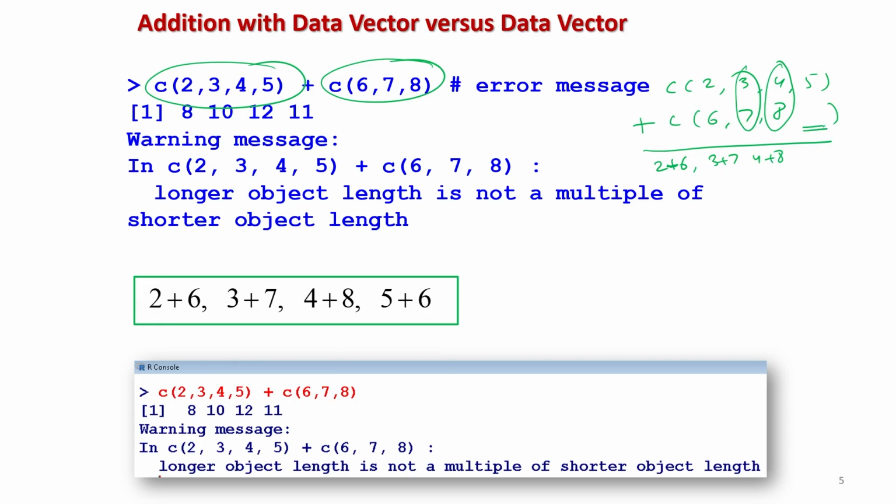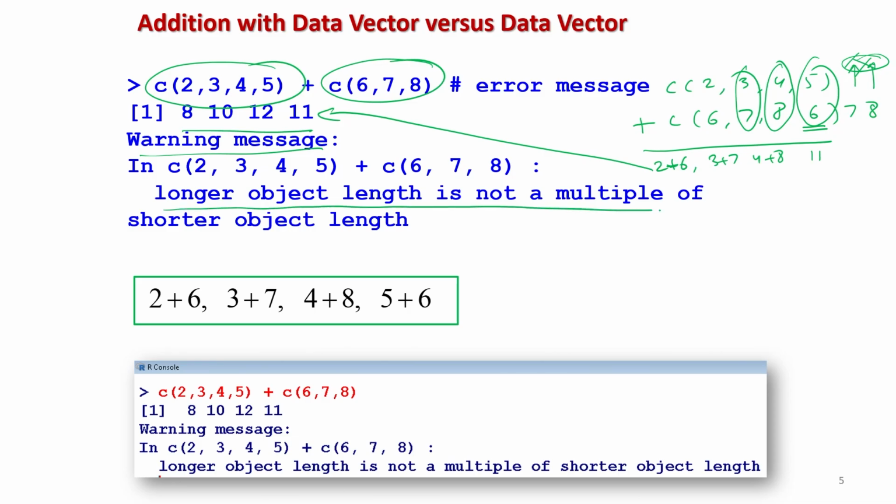Now, there is no number here. So after this, 6, 7, 8 will be repeated again, and 5 and 6 will be added as 11. But now there are no more numbers, so the place is blank. It will not operate further, but it will give you a warning message. You can see the outcome is 8, 10, 12, 11, but there is a warning message saying that the longer object length is not a multiple of the